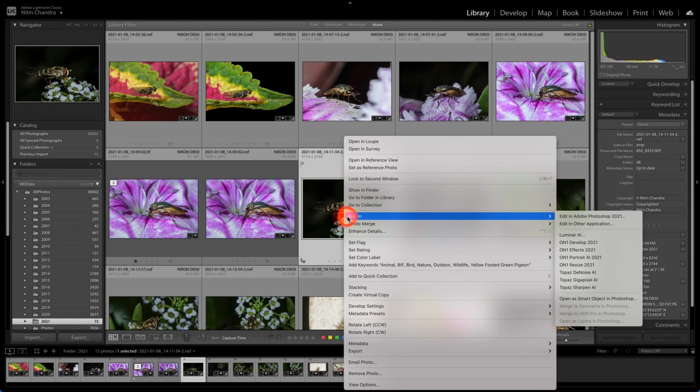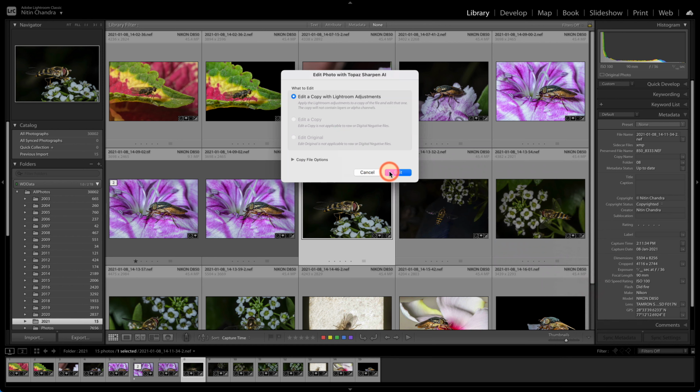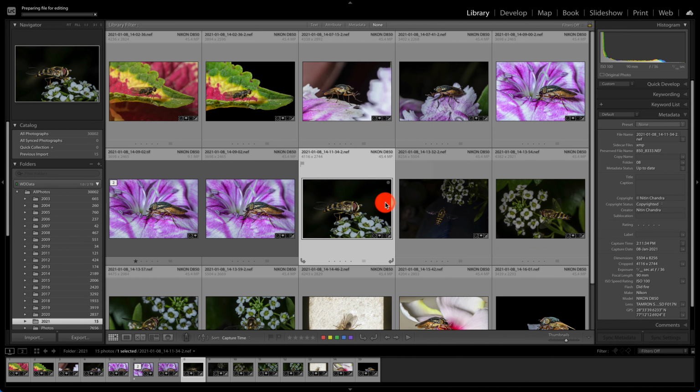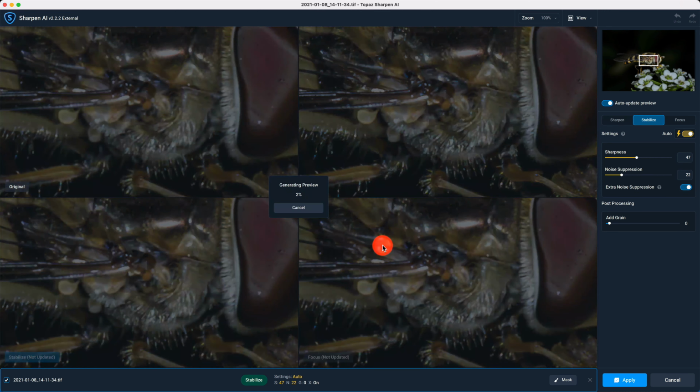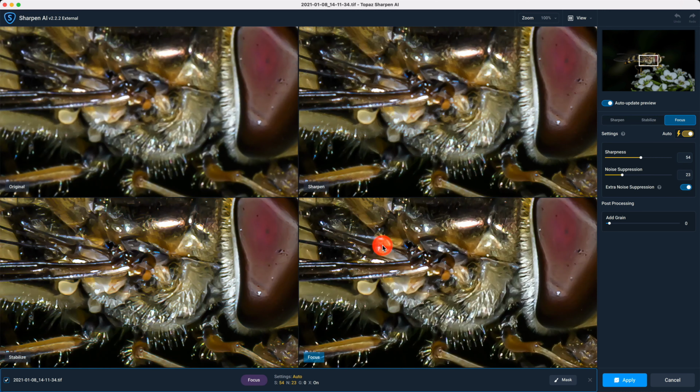Once again, let's go back with a different image. Let's say sharpen again with Lightroom adjustments. Okay, as you can see, we still have focus as the recommended mode because this is a macro shot.